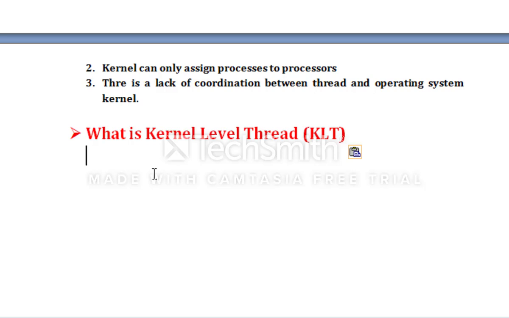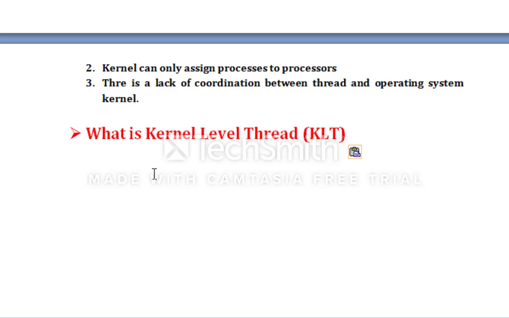In this level, all thread management is done by the kernel. There is no thread library, but an API, which means system calls to the kernel thread facilities, exists. The kernel maintains context information for the process and the threads. Switching between the threads requires the kernel, and scheduling is also performed on a thread basis. In this method, the kernel knows about and manages the threads. No runtime system is needed in this case, right?